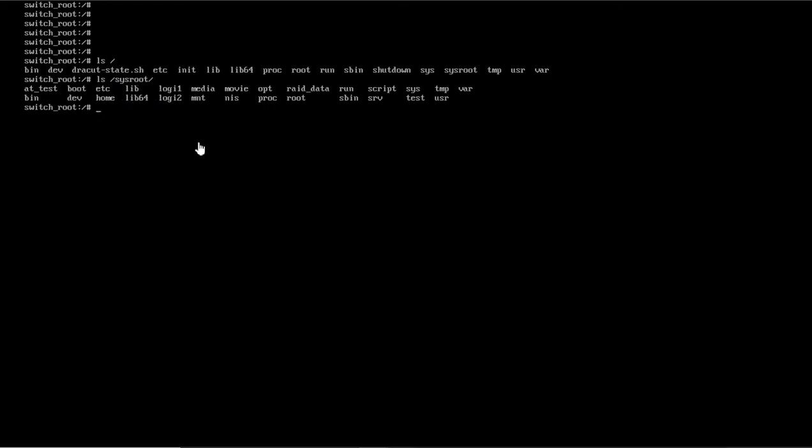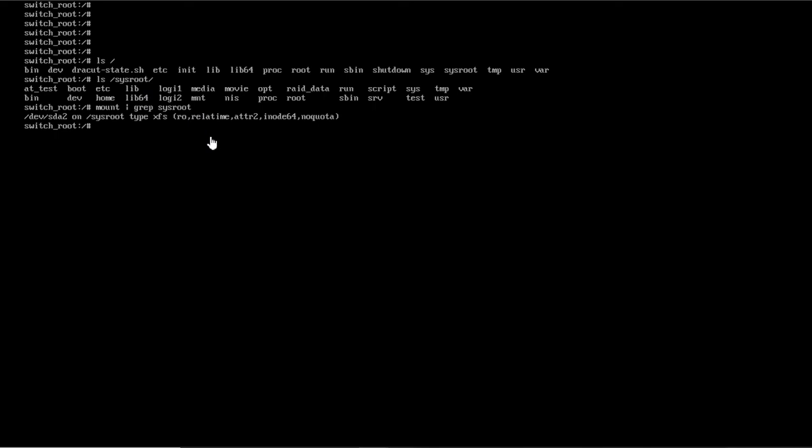So if you grep this mount for sysroot, you will see it has been mounted. This sda2 is mounted on sysroot, but it is read only. Read only means you are not able to do the changes.